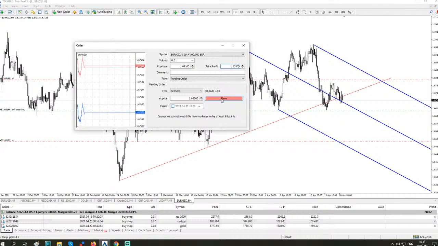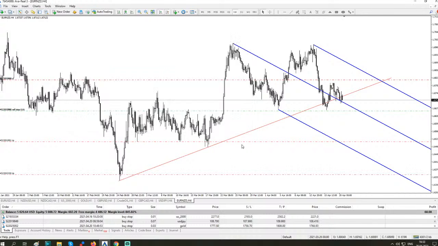Okay, sell stop, and let's place it. Okay, so we have the same entry here, the same stop loss,